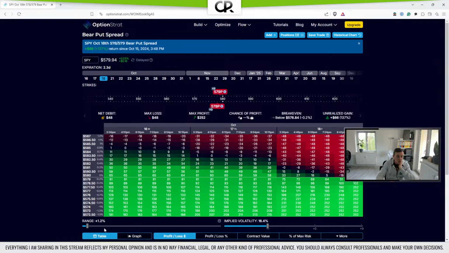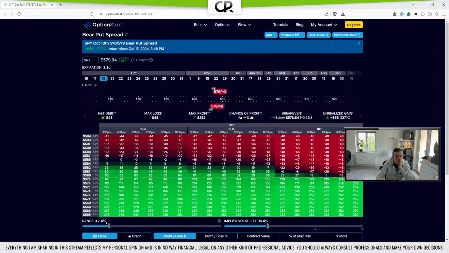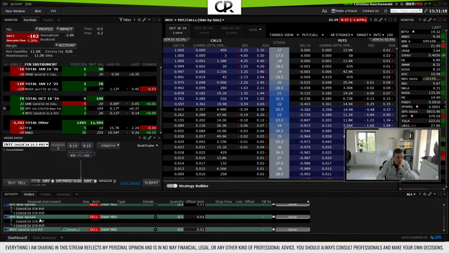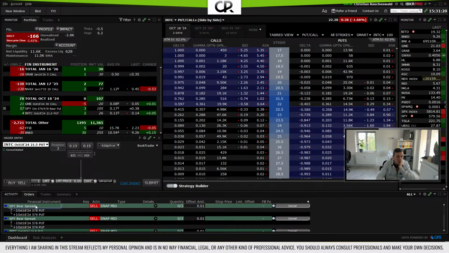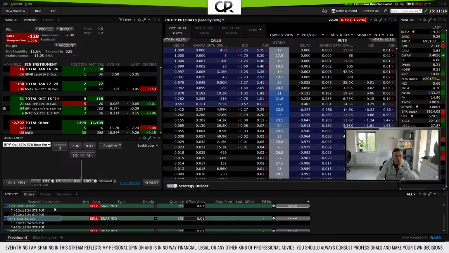this trade. Now, this trade has a maximum profit, as we can see, of $252. And if we could close it today, we would be willing to close it for roughly 70% of that, which would be the case if we have two orders here. This one here is if we go above 584. I'm going to cover that in a second. And the other one is if we go